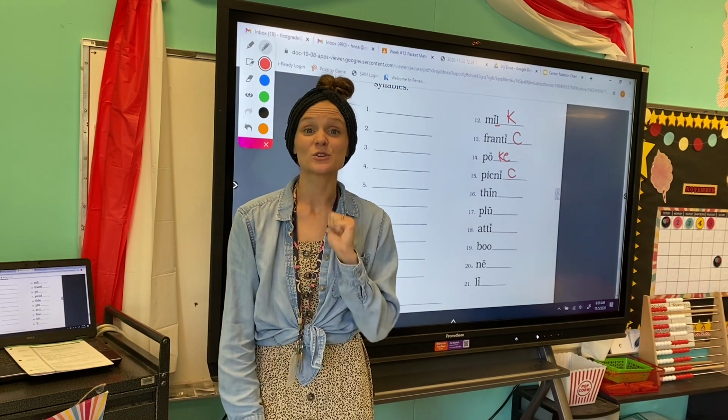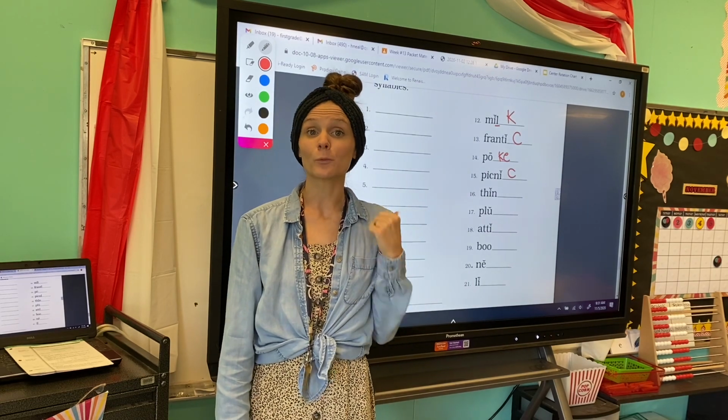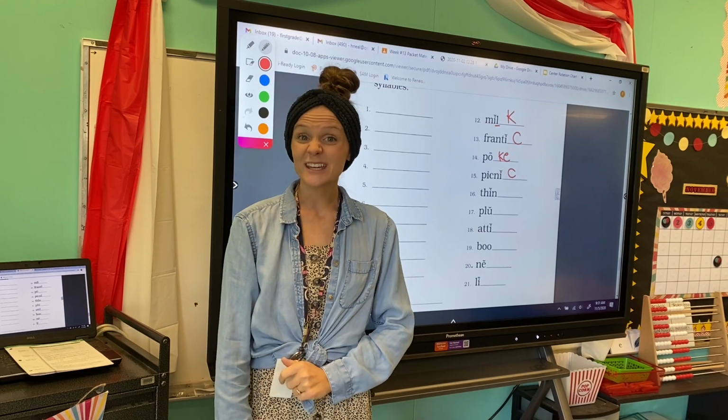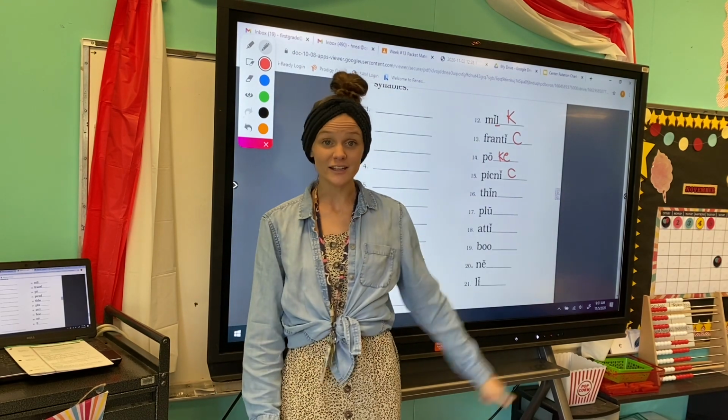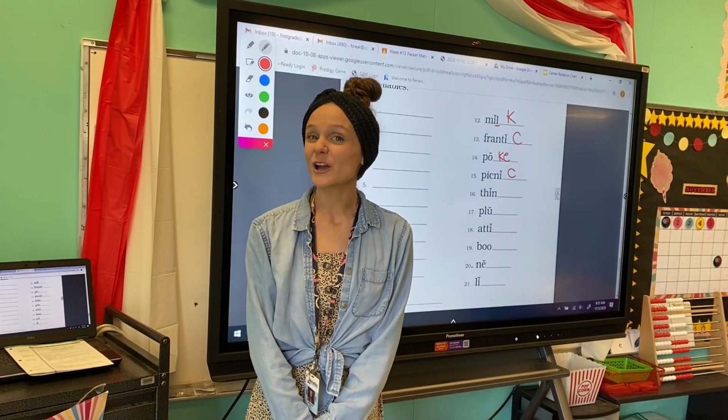All right, guys, so we have practiced some of these together. I want you guys to try the rest of these on your own and then flip this page over and practice some reading comprehension on your own as well, because we can use all of these fantastic phonics rules to help us become great readers. So flip your paper over when you finish and